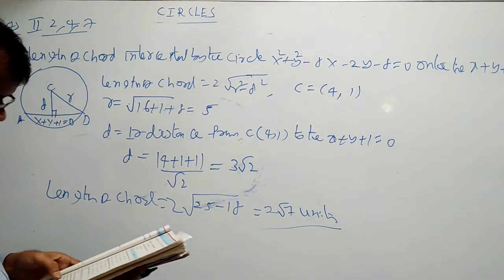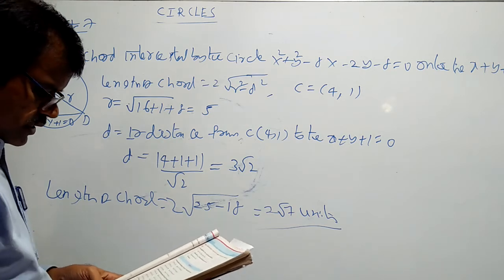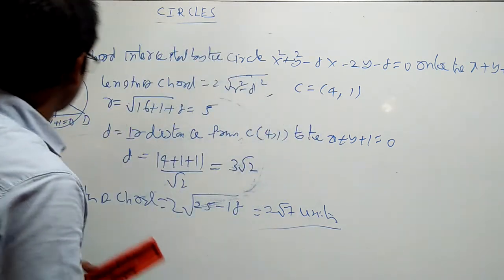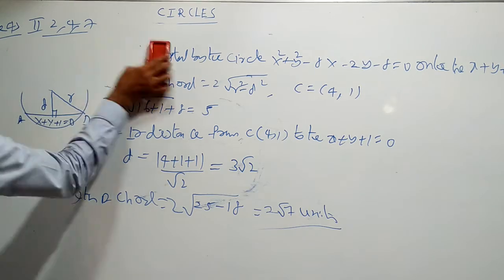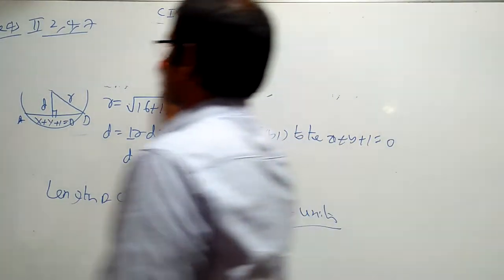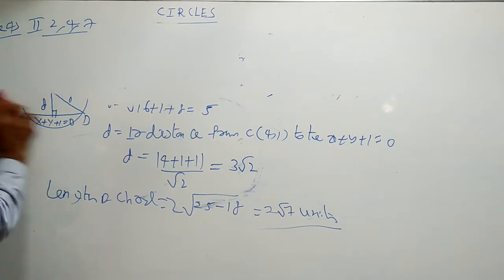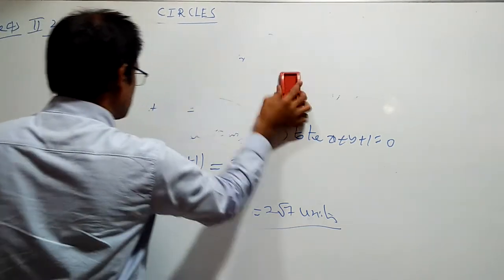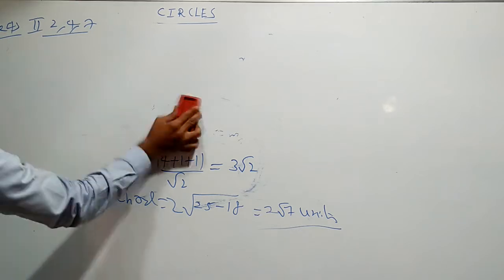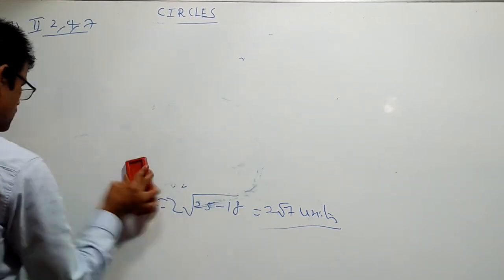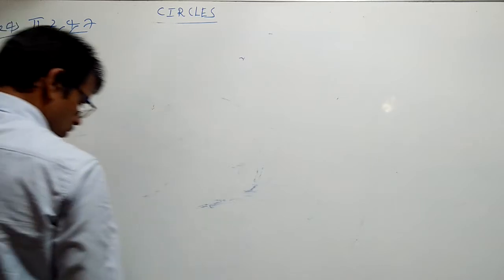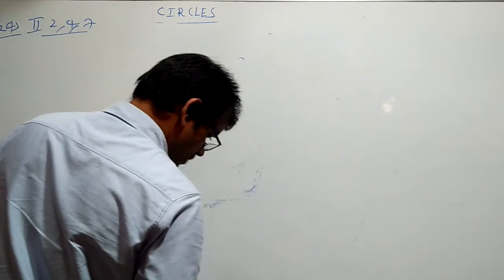Now fourth question. Find the equation of circle touching the line. This is the conceptual question. So what is the concept? If a line touches the circle, the condition is r is equal to d. D is equal to perpendicular distance and r is equal to radius. Every theorem, every concept I said in yesterday's class. Now the sums I am discussing depend upon the concept.